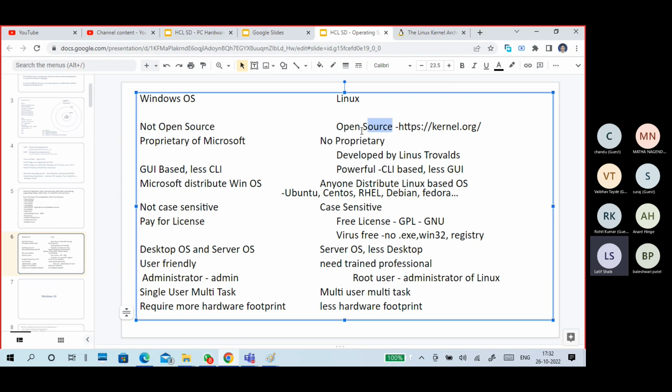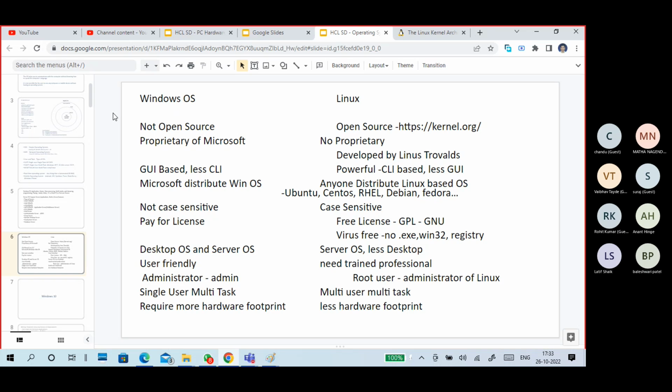Guys, a lot of people think open source means it is free. That is not the dictionary meaning. Open source means the source code of the application or an operating system is available for everyone.